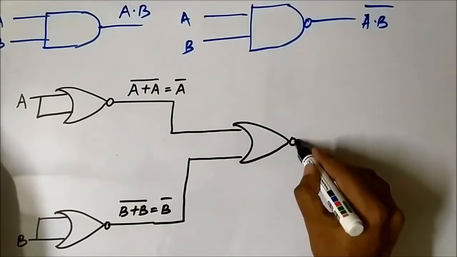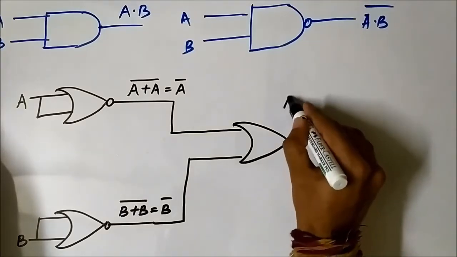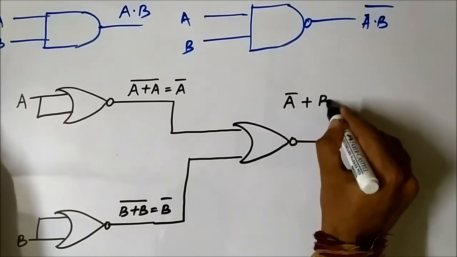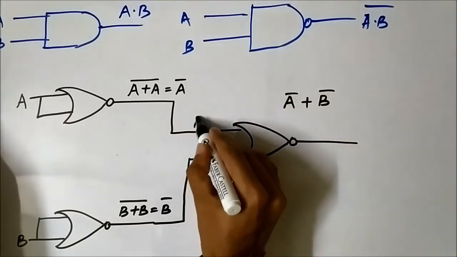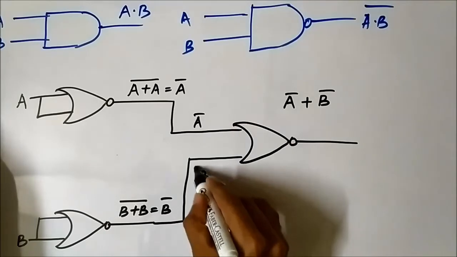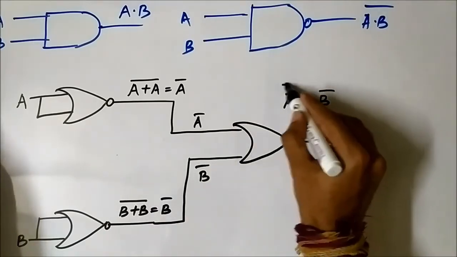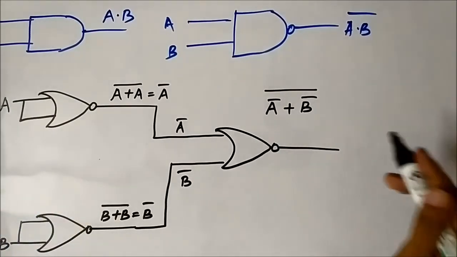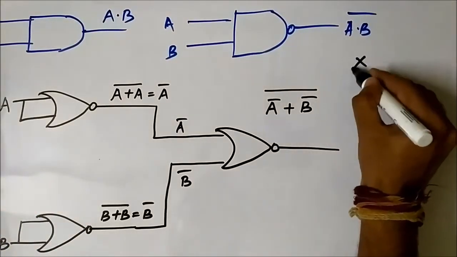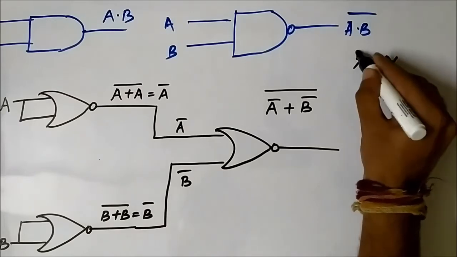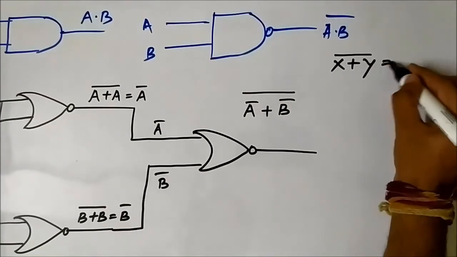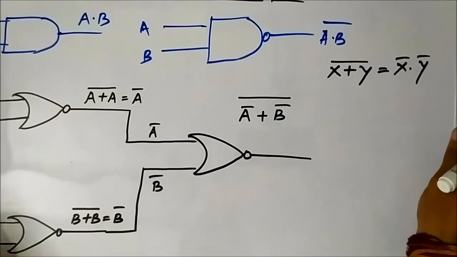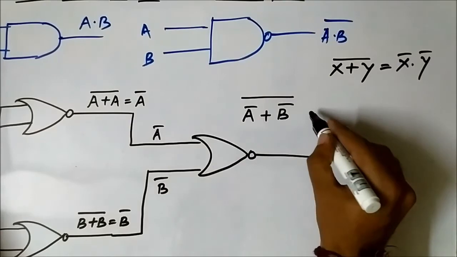The output will be A complement or B complement. This is A complement, this is B complement, so it will be A complement or B complement whole complement. So here De Morgan's theorem comes into play, which says that X or Y whole complement equals X complement and Y complement. Okay, so if we use the same rule here, it will be